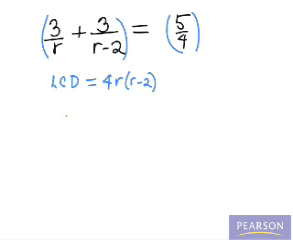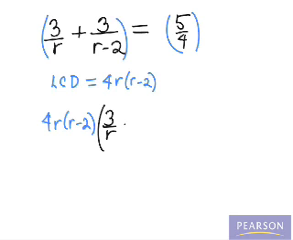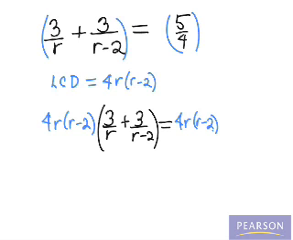Doing that, we have 4R(R minus 2) times 3 over R plus 3 over R minus 2 equals 4R(R minus 2) times 5/4. We will distribute the 4R(R minus 2) through the parentheses on the left, and the 4R(R minus 2) times the 5 over 4. Distributing this, we get